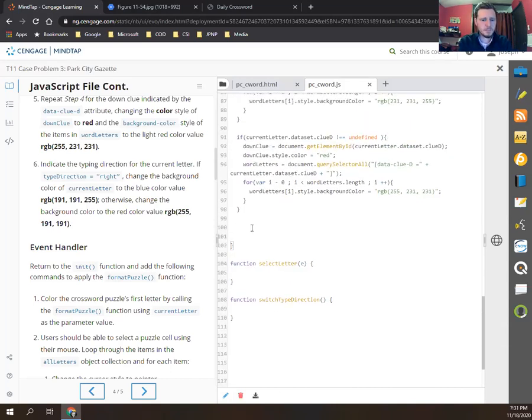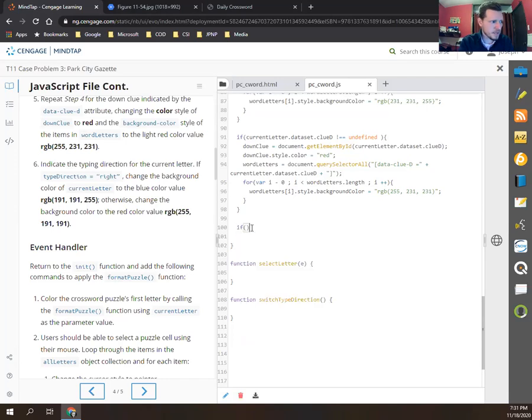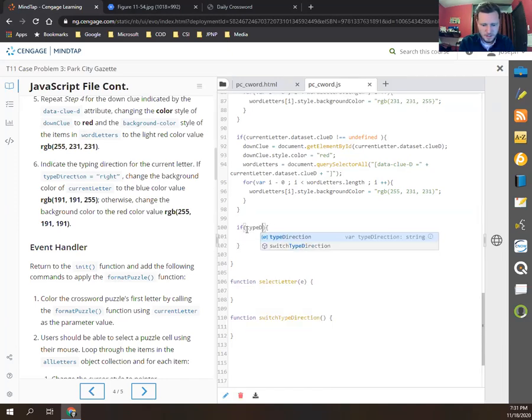And so we're not going to switch the typing direction. We're just going to check what it is. Right, so if type direction, remember, type direction is one of our global variables. If type direction equals the string right,